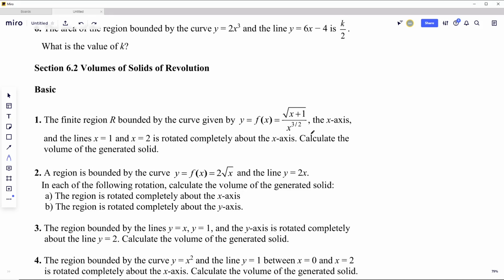Anyway, so we're doing volumes, a generated solid, about the x-axis. So that's just immediately 1 to 2. It's a simple function, so I don't think we're going to need to split, which is, I think, the case. Otherwise you're going to get some weird number, so you can always double check. But yeah, 1 to 2. Just put the function up here, pi outside, that's the volume. It's pi, the integral from 1 to 2, of the square root of x plus 1 over x to the power of 3 over 2, all of that squared,